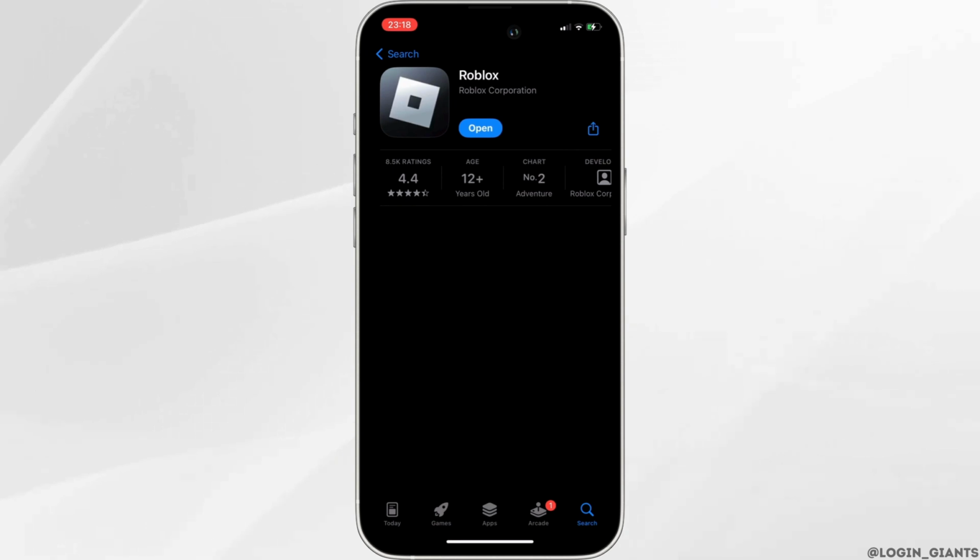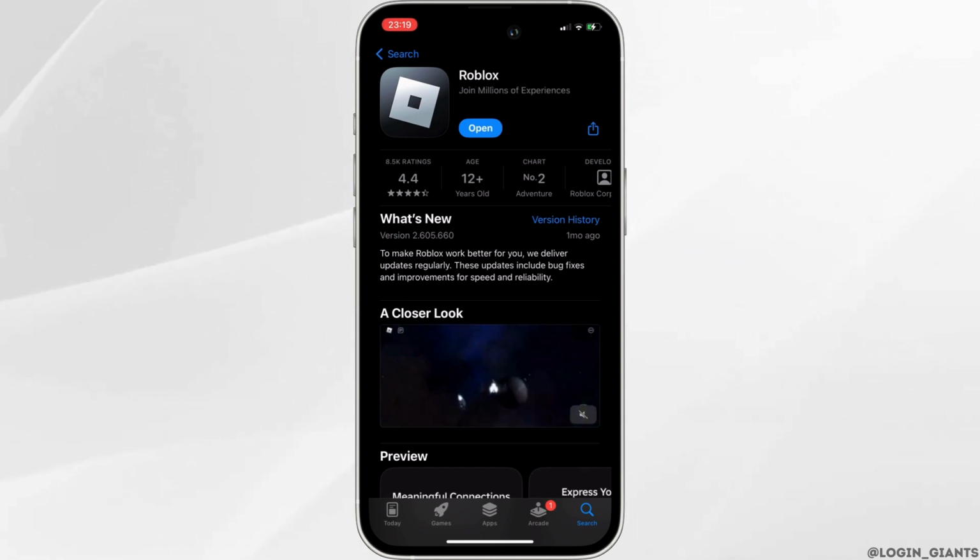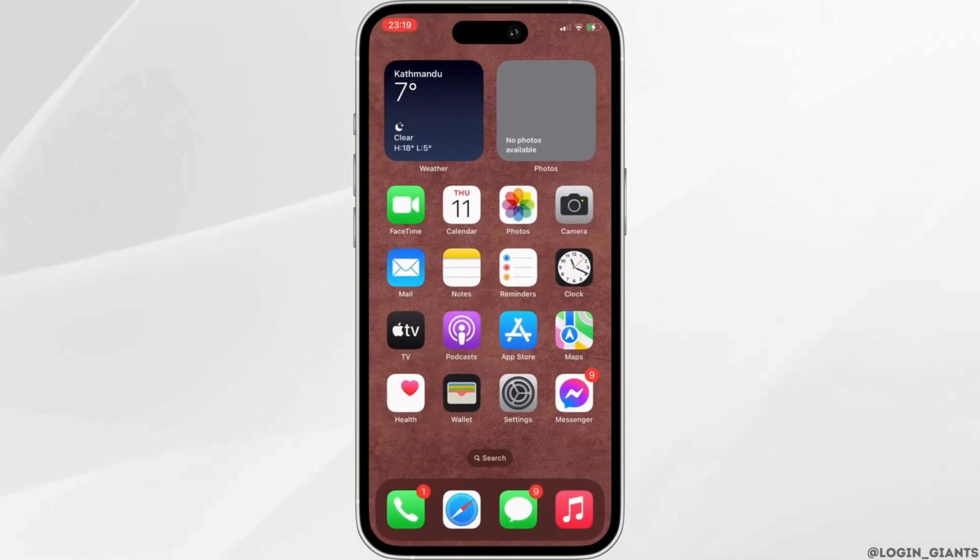So right here, instead of open, if it shows the option of update, then your application is not up to date. And it might be one of the reasons that you are facing this issue. In this case, all you want to do is tap on update and update your application to the latest version. Once the application is up to date, now the next thing you want to do is to head over to